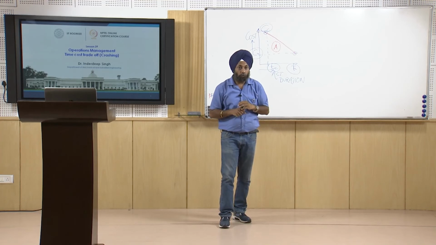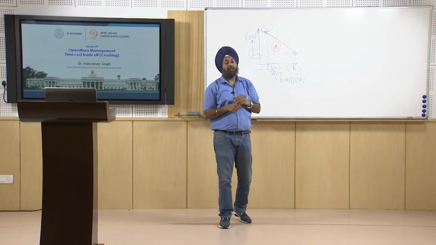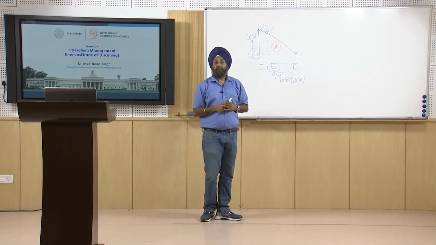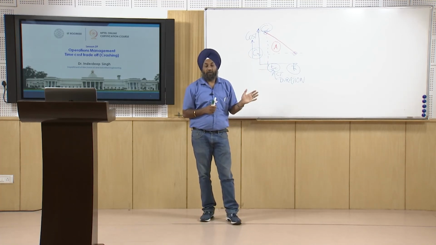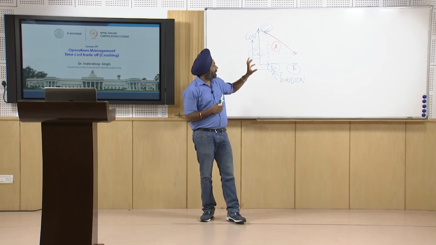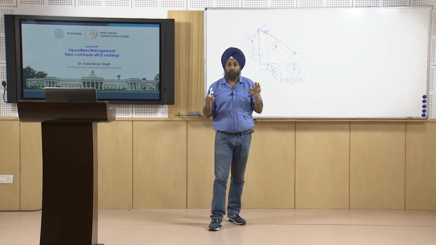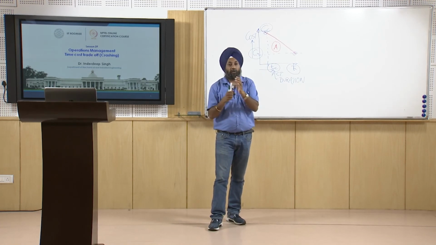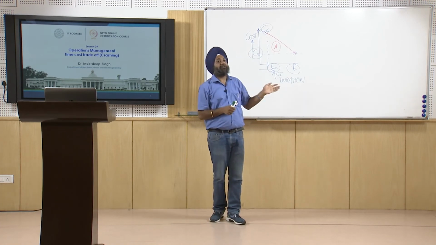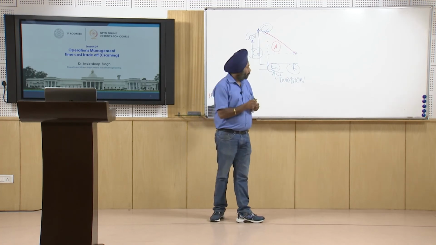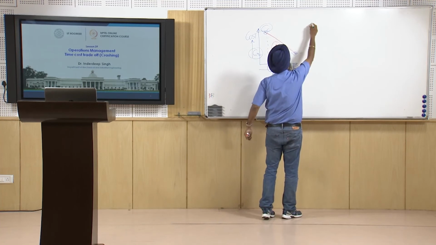Why do we want to do crashing? That we will see in our subsequent slide. So this is the representation of the direct cost for activity A. Now similar types of analysis or similar types of plots or graphs you can draw for activities B, C, D and E. Then the other part is the